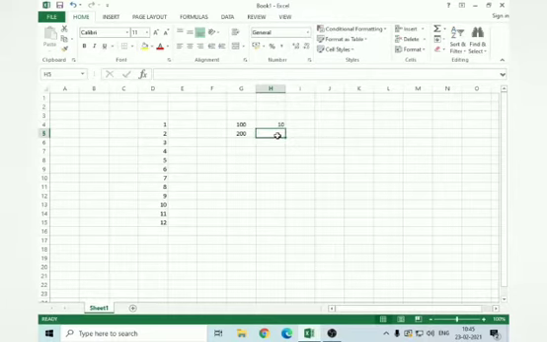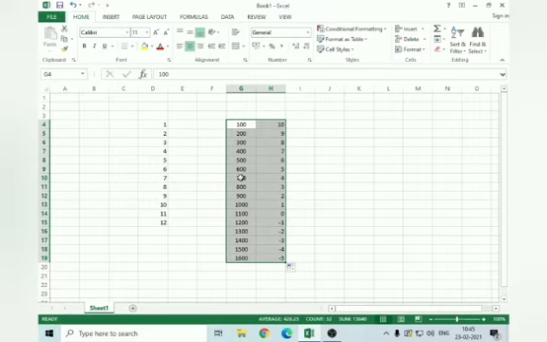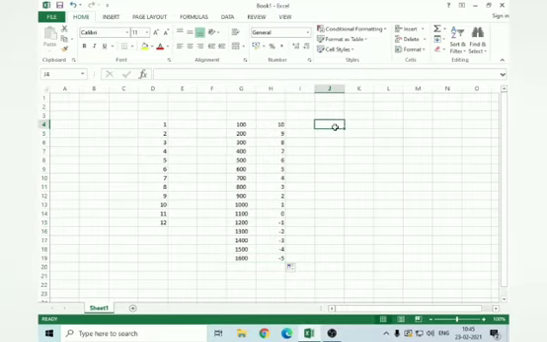Let us try with another example. Select these cells and drag the fill handle. Here, autofill arranges the numbers in ascending and descending order. You can also enter the name of months and days instead of numbers.